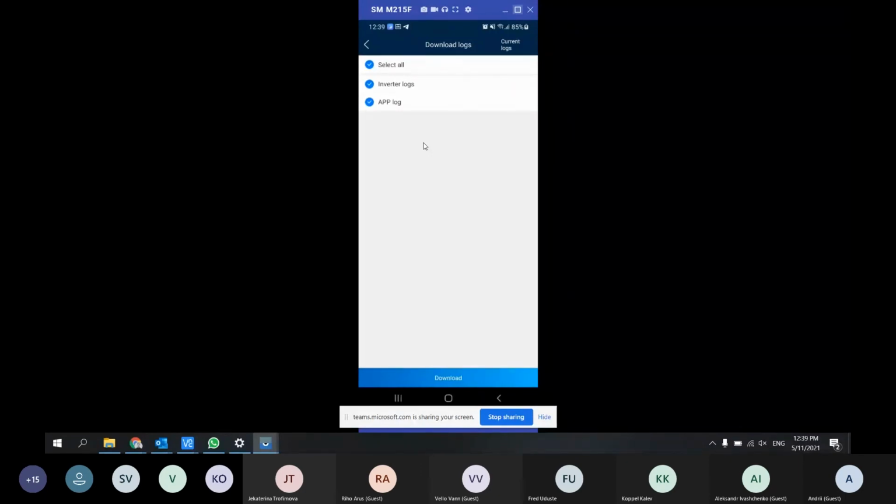So you press download, and your smartphone will download the log from the inverter, from the app, and make an archive from these logs, and then you can send it to support. Okay, we need to wait.